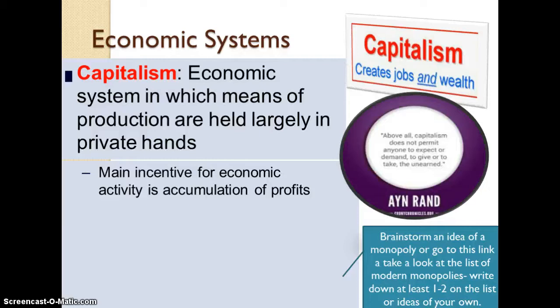In the U.S., this is what we practice. There are varying degrees of capitalism, and that just depends on how much involvement the government takes on to regulate particular industries. What's known as contemporary capitalism, for example, has government regulation, and contemporary capitalist societies do not tolerate monopolistic practices, and we'll define monopolies in a little bit here.